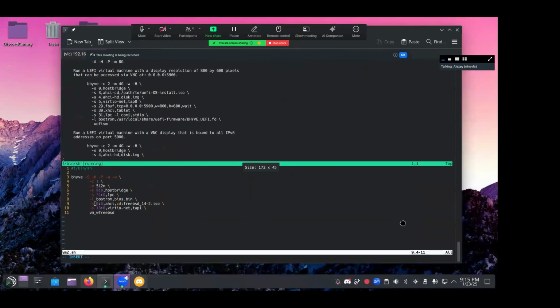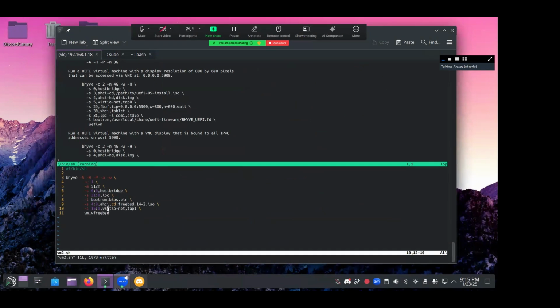This is me VNC'd into the machine. Let's add the VNC.